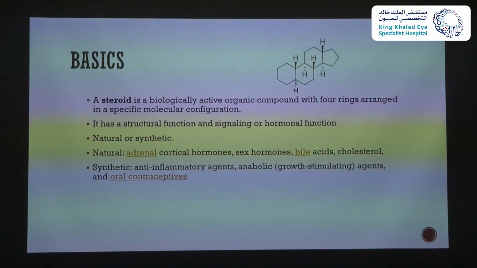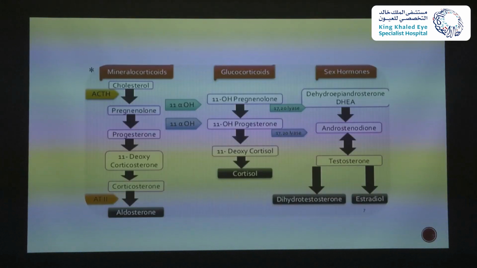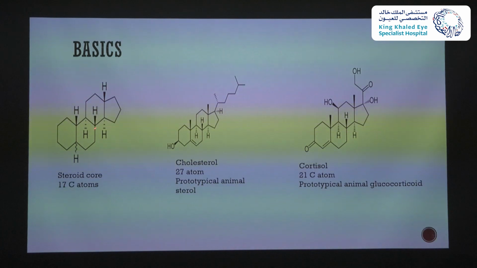The steroids could be natural or synthetic. Natural, like the adrenal cortical hormones, sex hormones, bile acids, cholesterol. Synthetic, like many synthetic anti-inflammatory agents, anabolic growth-stimulating agents, or oral contraceptives. This is the basic steroid core. It is 17 carbon atoms arranged in 4 rings, and